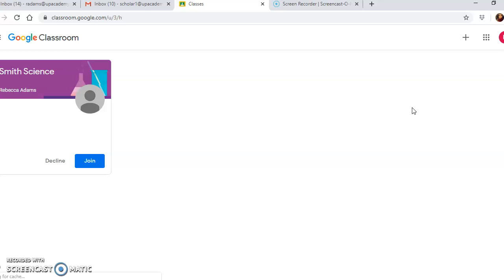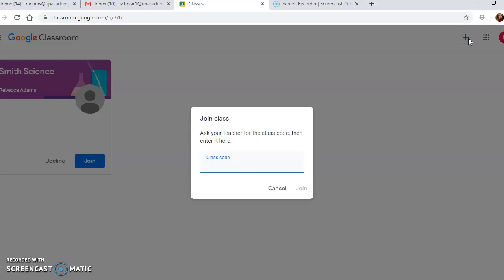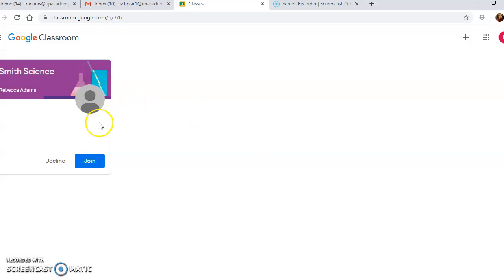Once you're there, everybody's been invited, so it should say Smith Science, and you can just click join. Now, if it's not there, I will post the class code, and you would just go over here to this little plus sign, and you would click join a class and enter the class code that I give you, but hopefully you won't have to do that. Now, once I click join,